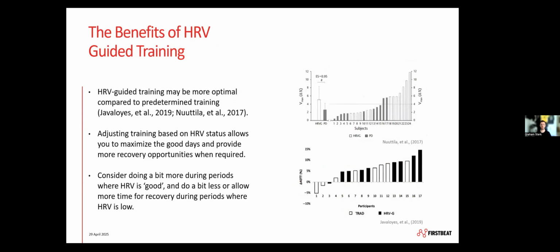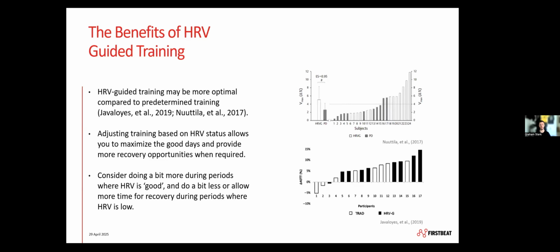So in terms of the benefits of heart rate variability guided training, there's a good bank of research out there now. I've just included a couple of studies here that show when you use HRV to guide your training, you get better returns on it compared to a fixed, pre-planned training plan. So by that we mean